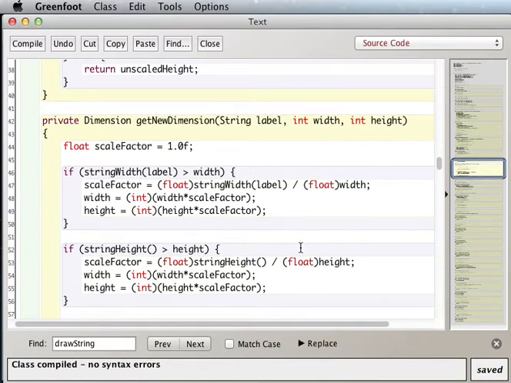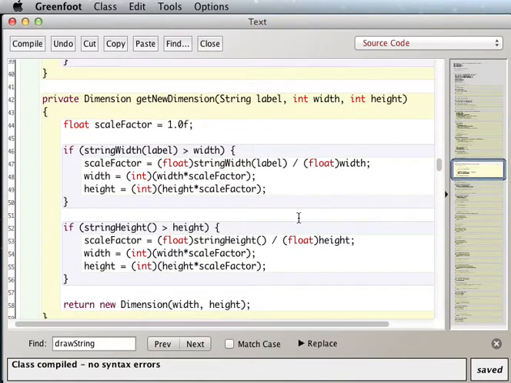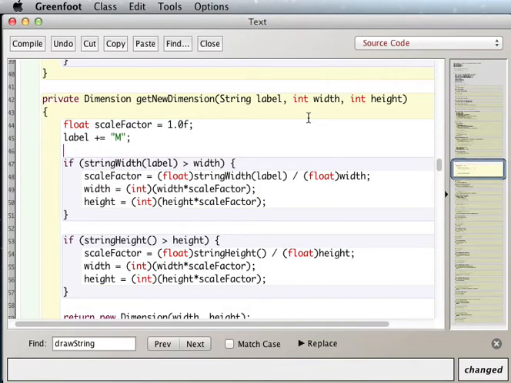So what we might want to do for width, for string width of label, what if we just tacked on an M onto the label just to make it a little bit wider? And you could try different letters, but